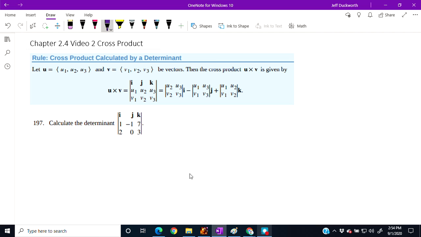Calculate this determinant. Again, essentially what we have here are vectors U is 1, -1, and 7. And V is 2, 0, 3. We're going to calculate the determinant of this, which will give us the cross product U cross V. So U cross V,